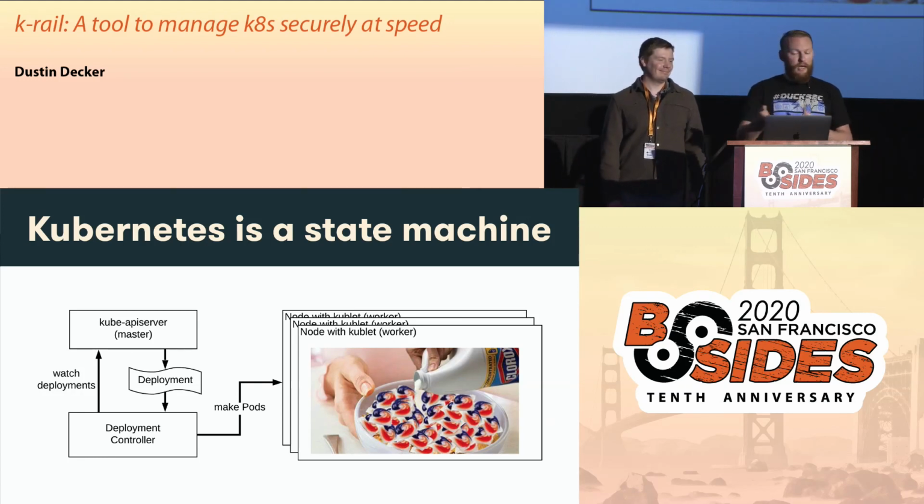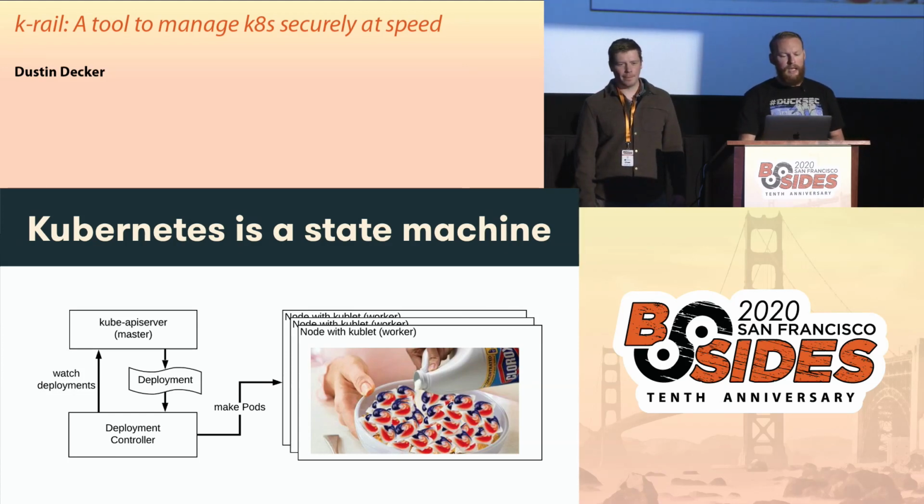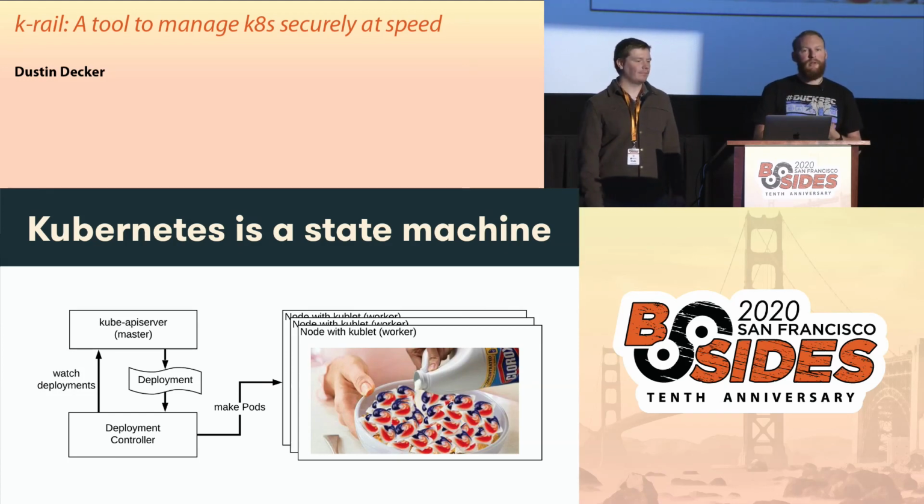But it could do other things as well, such as ingress, right? Where it would take an ingress deployment and then pass it to the ingress controller, which would affect change on, say, load balancers, make some ports open, and so on. And one critical step here, which is important for K-Rail, is that there is an admission controller, right? So when new deployments come in, you can check them with a validating webhook or a mutating webhook, and then either accept, reject, or mutate the deployment as appropriate.